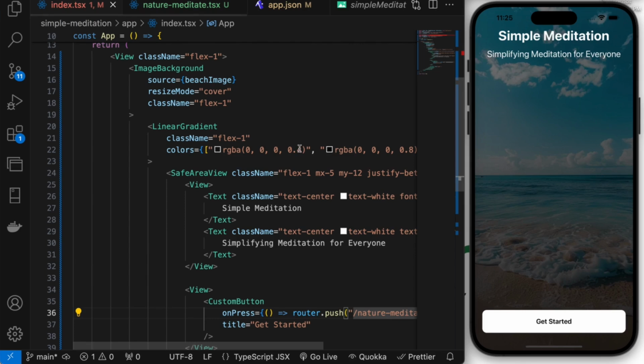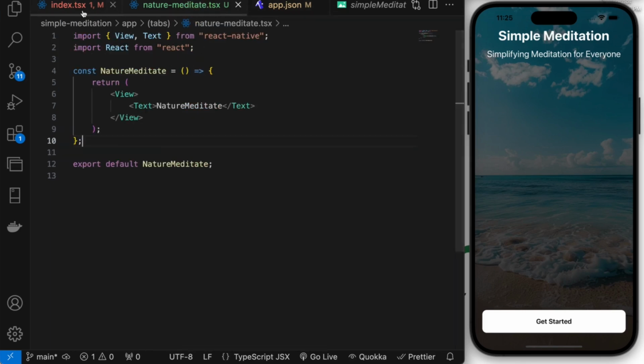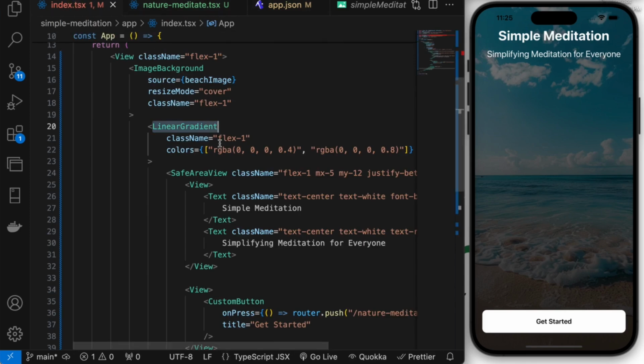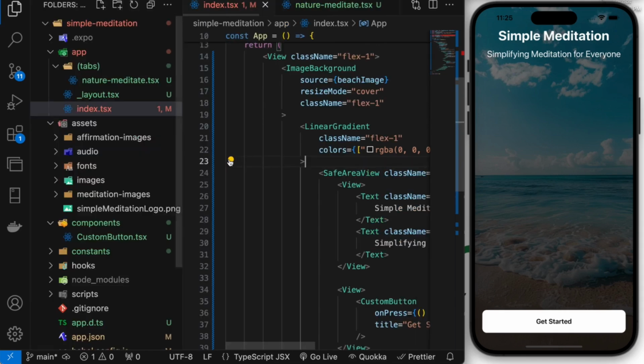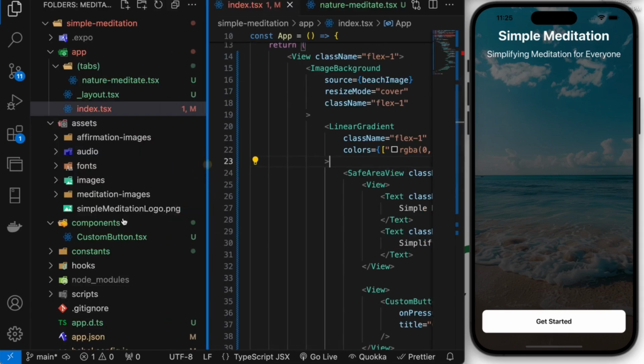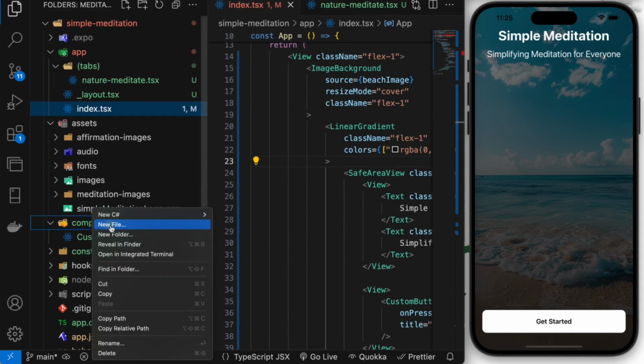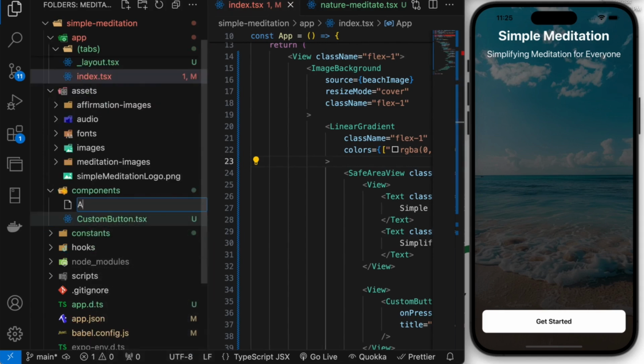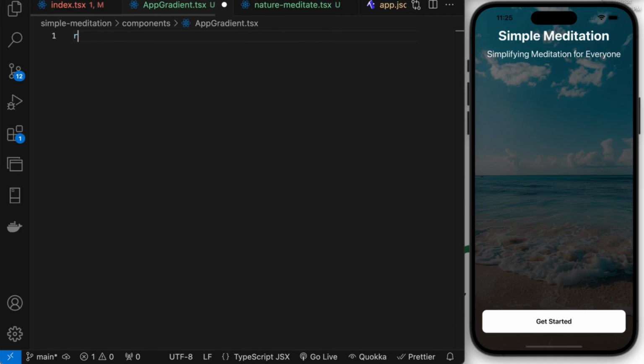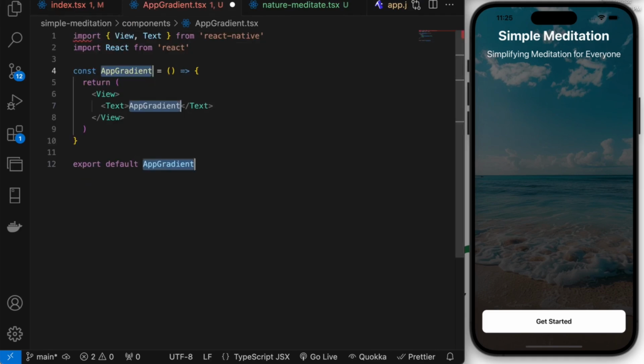So one thing to note, we will also be using a linear gradient in this Nature Meditate component. So rather than having to duplicate that, as well as the safe area view within it, let's create a reusable component, which we can use for both of these components. So in the components directory, we can add, we'll name it AddGradient.tsx,